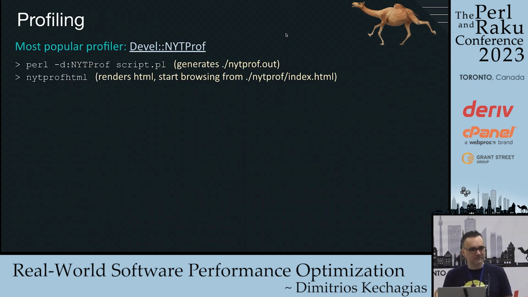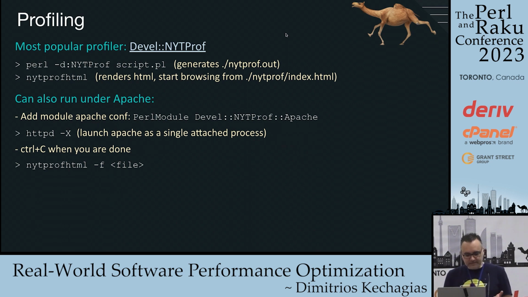So just in case anybody has missed the basics, the most popular profiler is Devel::NYTProf, and it's very simple how to call it. And you run nytprofhtml to produce the report in nice HTML. It can also run under Apache if you want to. We still use Apache for historical reasons, and while our code obviously runs without Apache, so we can test it,